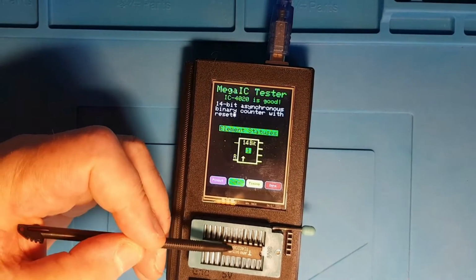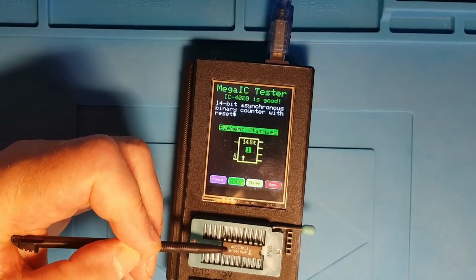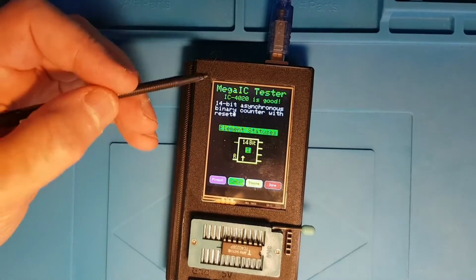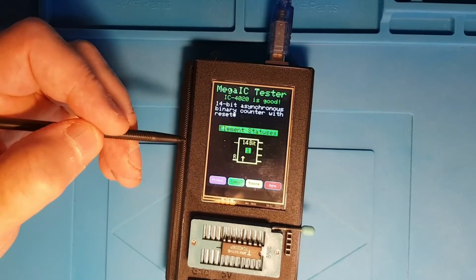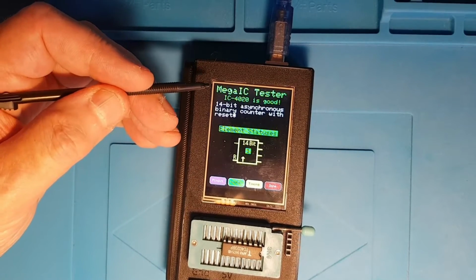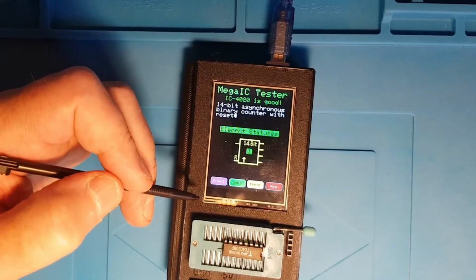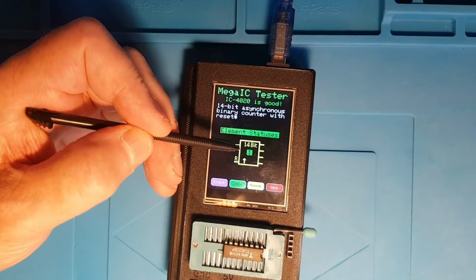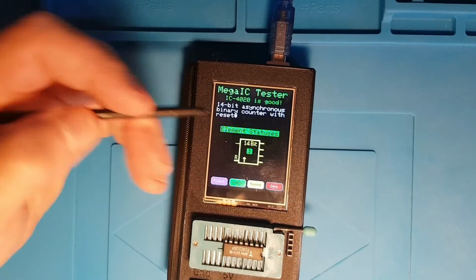So it did a few tests and found that this behaved like a 4020, so it showed it as a potential candidate. Then when you go into this test mode, it runs a wider set of tests to see that it really is one of those and that it's behaving properly. But it doesn't fully exercise the chip because a 14-bit counter takes quite a few cycles to validate, and therefore